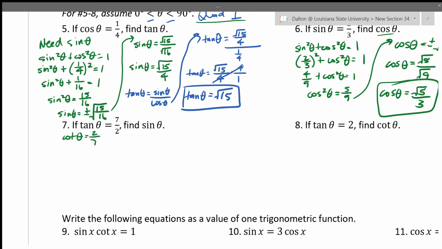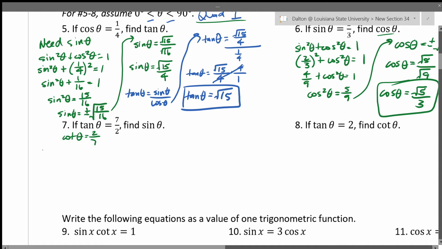So if I have that, and then if I use that identity I just told you about, 1 plus cotangent squared theta equals cosecant squared theta, then that means I can plug in cotangent and solve for cosecant. So then I have 1 plus cotangent, which is 2/7, squared is equal to cosecant squared theta. So that'll be 1 plus 2/7 squared, which will be 4/49